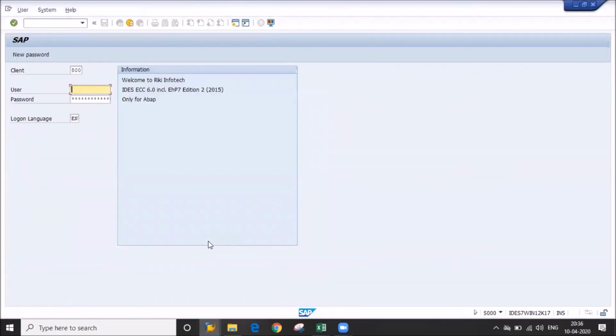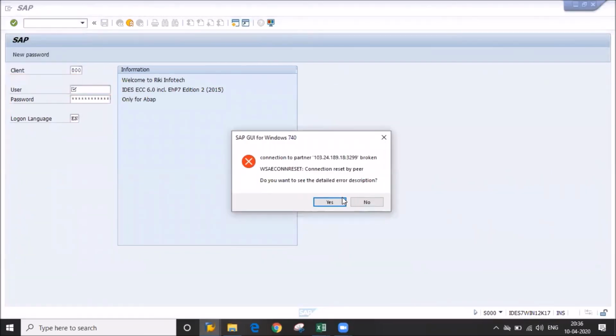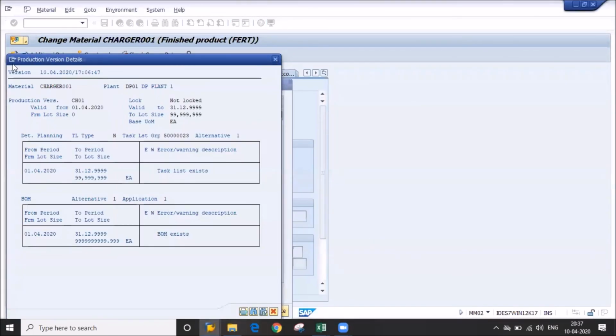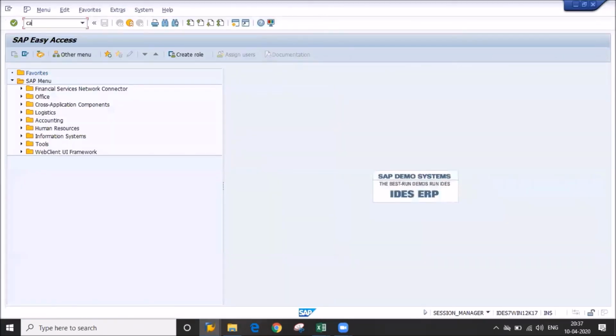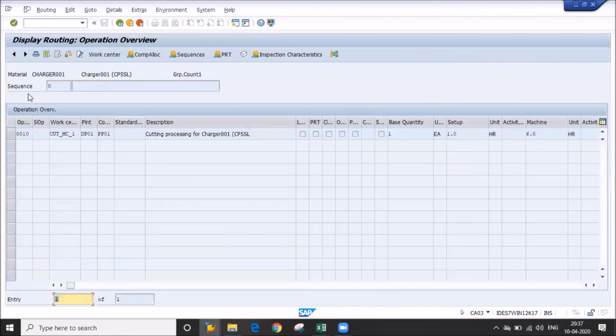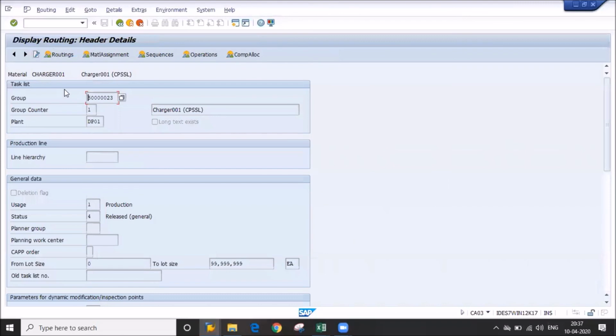If you go to CA03, you give a material and plant, then you click on header. You see the group is there, the counter is there for this material. Understood?